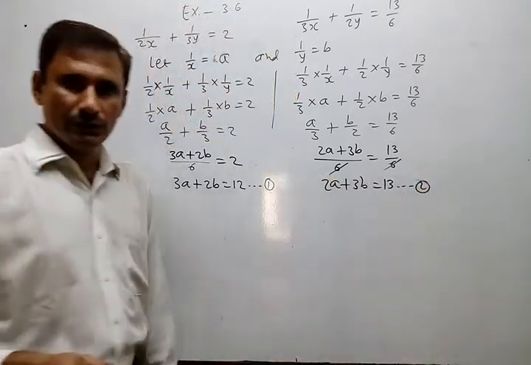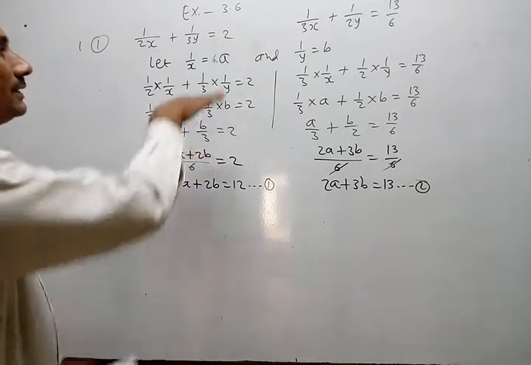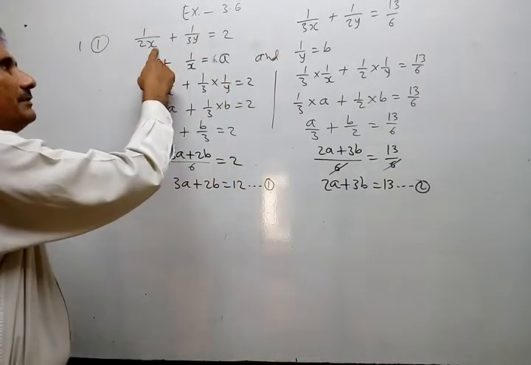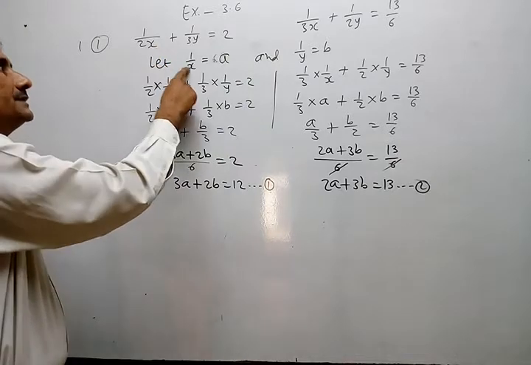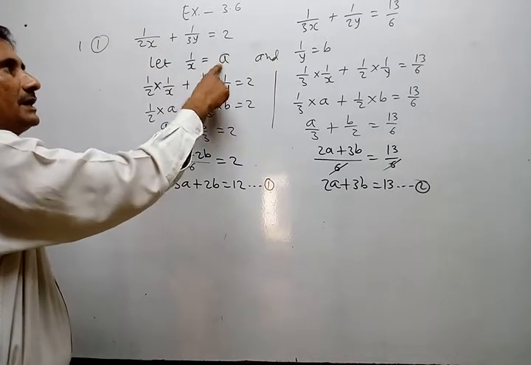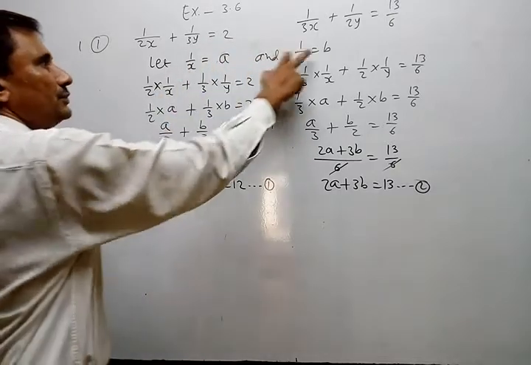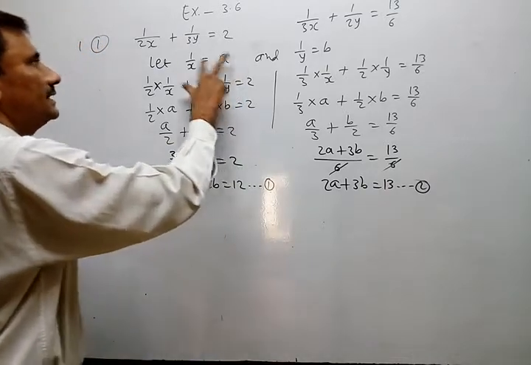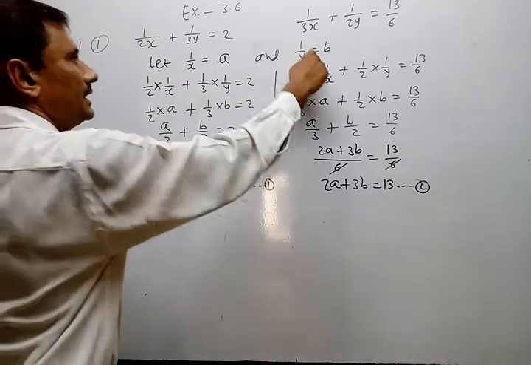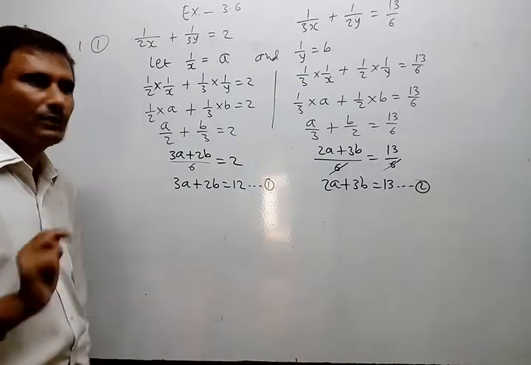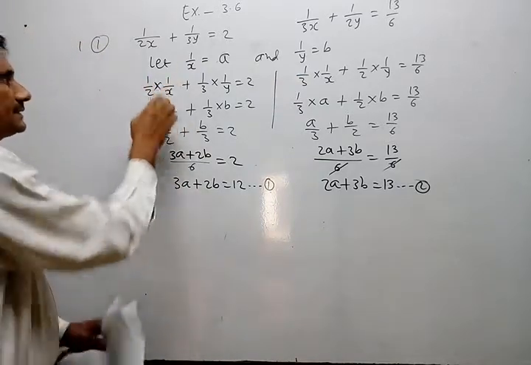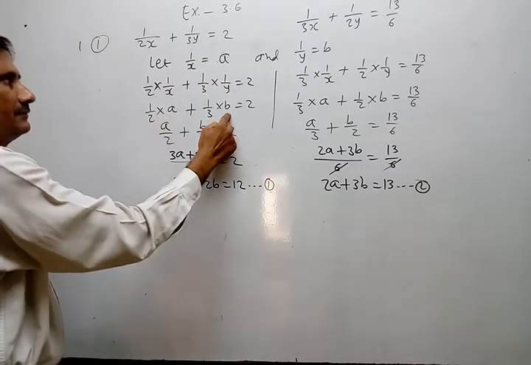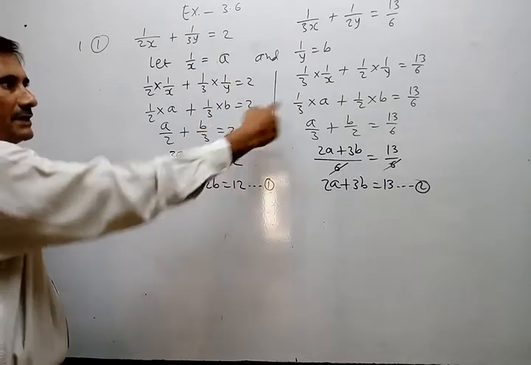Now how to solve, that is not there, but understand this one also. First of all, every time, whatever variable you get here, instead of that you have to select new variables. So new two variables you have to select, either p and q, whatever you want. So I just select here a in place of 1 by x and b in place of 1 by y. So I try to get 1 by x and 1 by y separate so that I can replace 1 by x by a and 1 by y by b at both places.